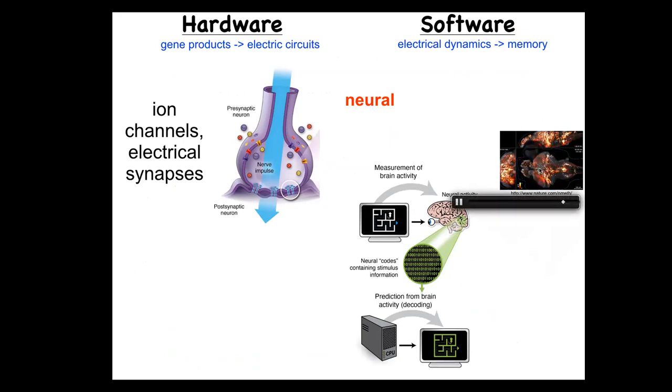The software is here. So this group made this amazing video of a zebrafish brain while the zebrafish is thinking about whatever it is that fish think about. And the commitment of neuroscience is this idea that all of the memories, the preferences, the behavioral repertoires, the goals, all of that is stored in the electrophysiology. And the idea is that having read the electrophysiology, if we now knew how to decode it, and so this is the project of neural decoding, we would be able to read all of the cognitive content. We would know what the fish wants, what it's trying to achieve, and so on.